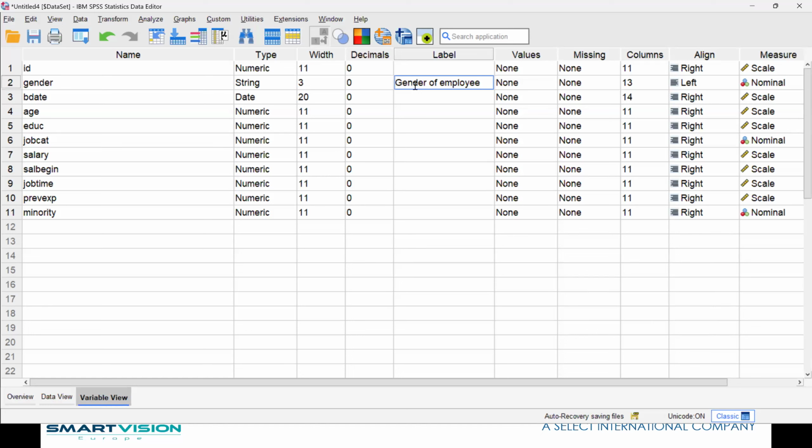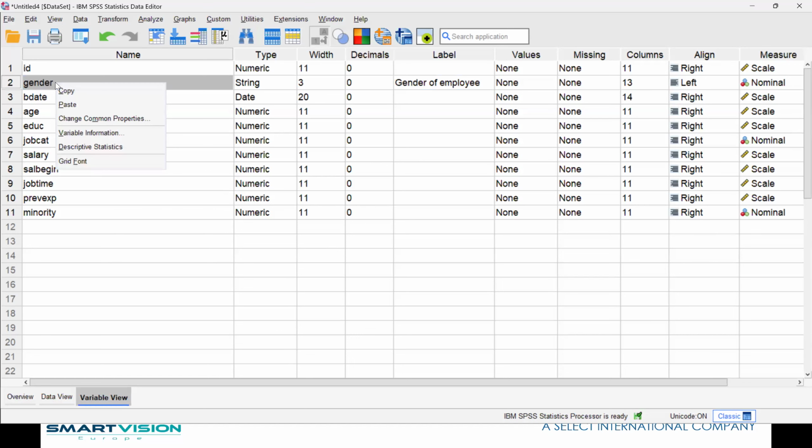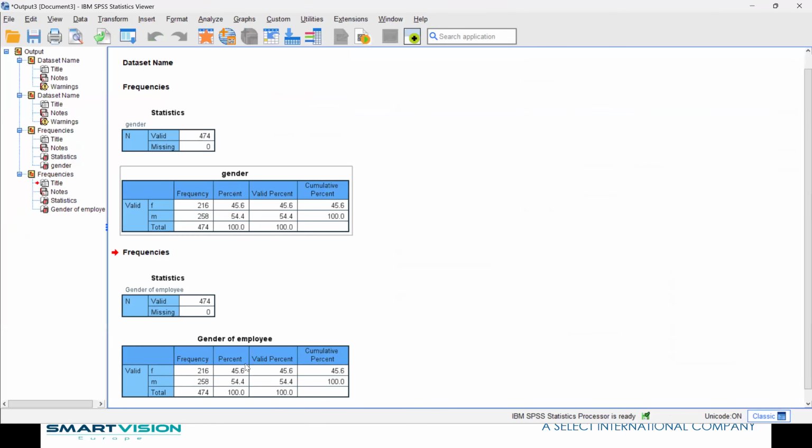It comes from the 1980s in America, and it was used in a court case to prove discrimination. So if I right click now on gender and say descriptive statistics, you can see that it's exactly the same as previously, except now it says gender of employee rather than just gender. So obviously if your fields are called something like Q.41 underscore B, which is what they're likely to be called